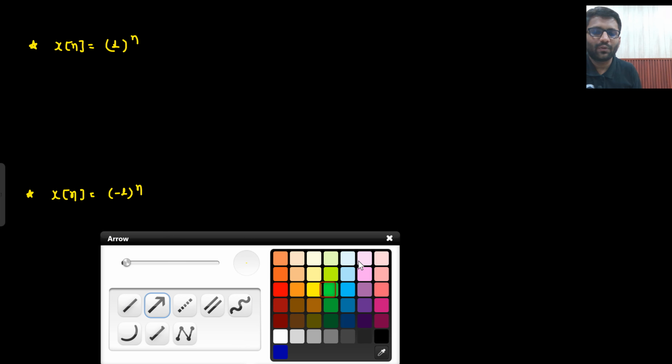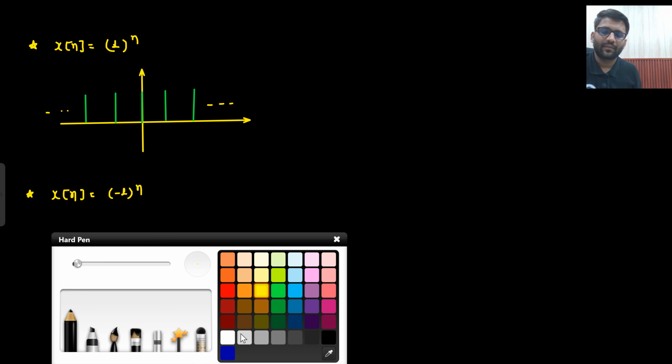What is the point? That your x of n is 1 to the power n. What kind of filter is that? And if your x of n is minus 1 to the power n, what kind of filter is that? So what is 1 to the power n? If you make the diagram, you will know what kind of filter that is. You know surely it is a low pass filter. But if you make the diagram,